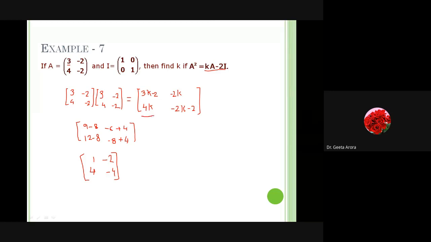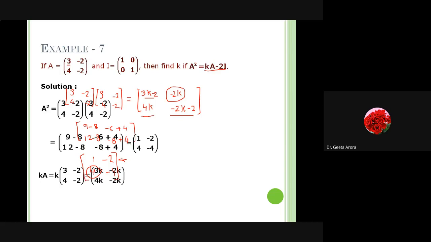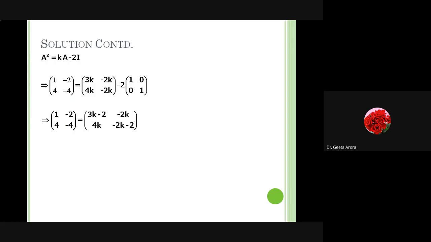Here we can say it's 4k and it is 4 here. So if 4k is equal to 4, what is the value of k? Obviously 1. Similarly, here we have minus 2k. We can confirm from here, if k is 1, it should give me minus 2. So it is correct. Here again I can check, if k is 1, it is minus 2 minus 2 minus 4, and here 3 minus 2 will give me 1. So you have to calculate actually just by one comparison, because it is one equation that we are going to solve. Okay?